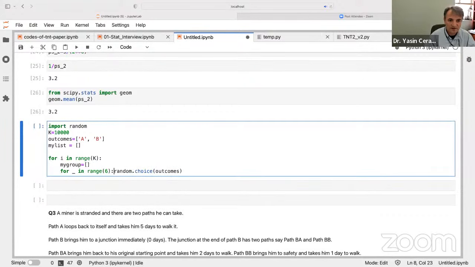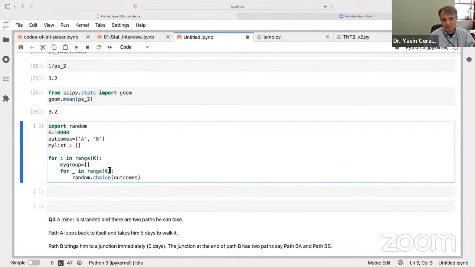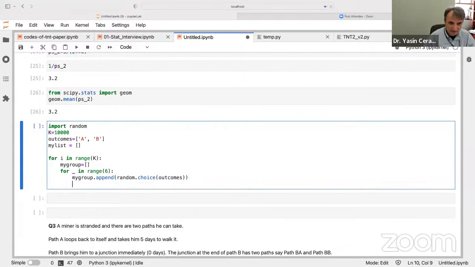Let's take the next line and then go. Okay, so for each person will pick randomly from A or B. Then I will append that here. I will append that to my group. So my group is holding A's or B's for each round. All right, and then after I'm done for this round for 6 people, now I know each person A